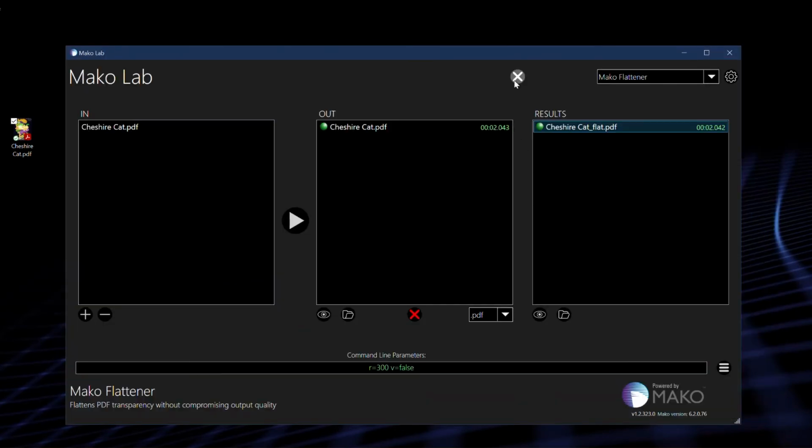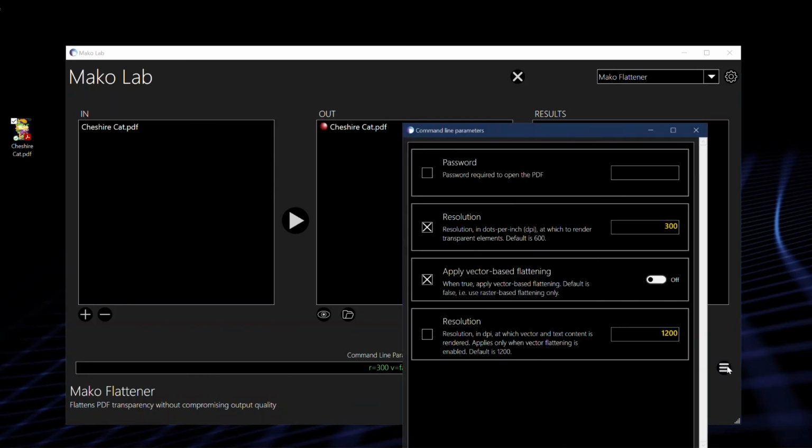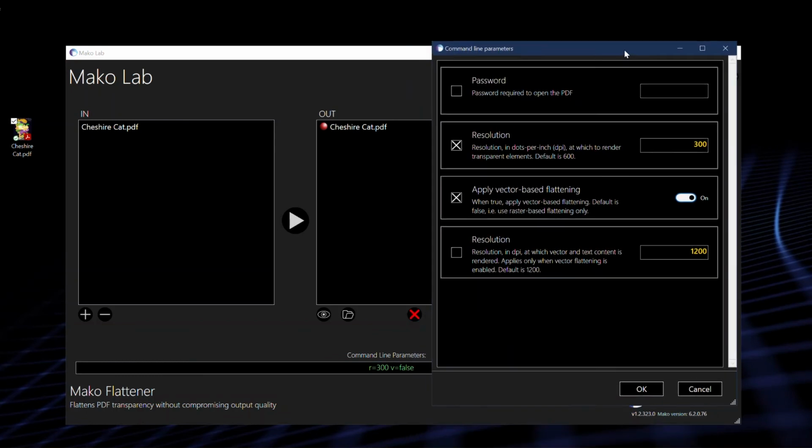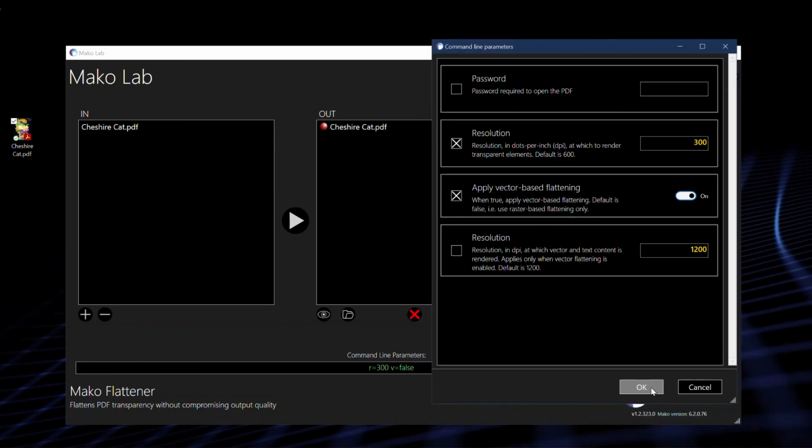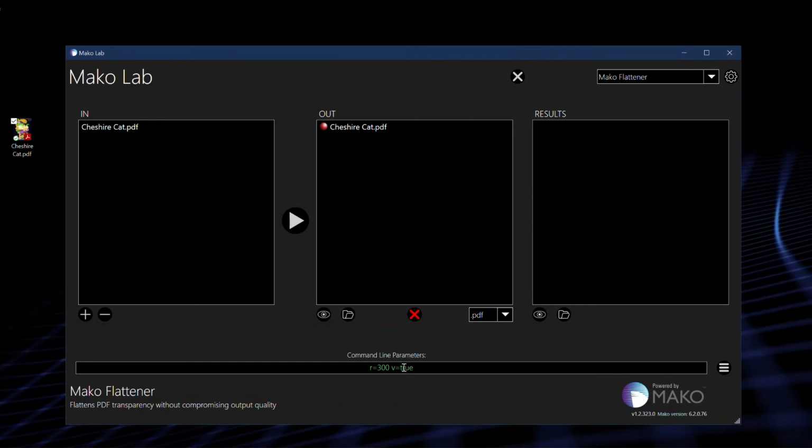So let's do that again, this time using the vector flattener. To do that, I just switch this option on, and as soon as I do that, it changes this to v equals true. If I hit the run button again, it produces a file,